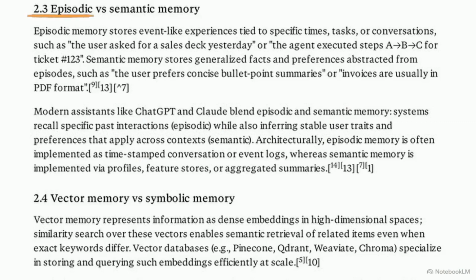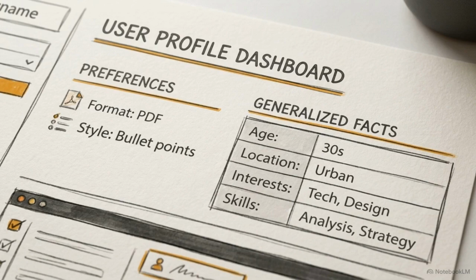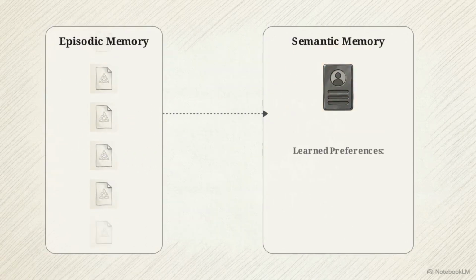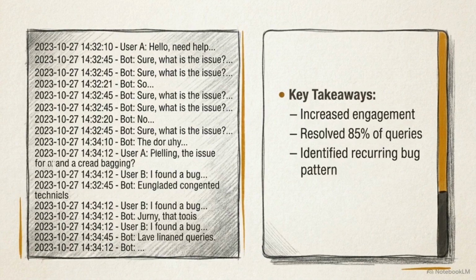Modern agent architectures split this recall into two distinct categories: episodic and semantic memory. Episodic memory acts like a chronological diary, storing specific, event-based experiences. For instance, logging that a user requested a sales deck yesterday, or recording the exact steps taken to resolve a support ticket. Semantic memory, by contrast, handles the generalized facts and preferences abstracted from those individual episodes. It doesn't just store the chat, it learns the pattern, noticing, for example, that a user consistently favors concise, bullet point summaries. In this framework, episodic memory provides the raw history of interactions, while semantic memory retains the practical lessons